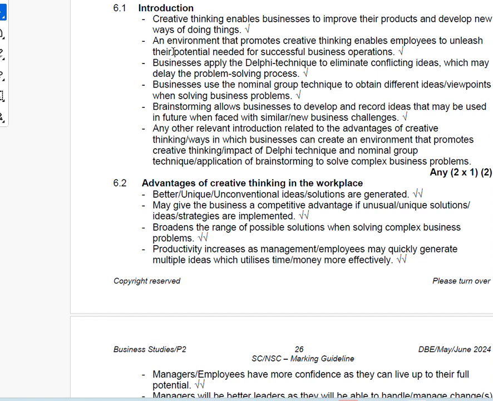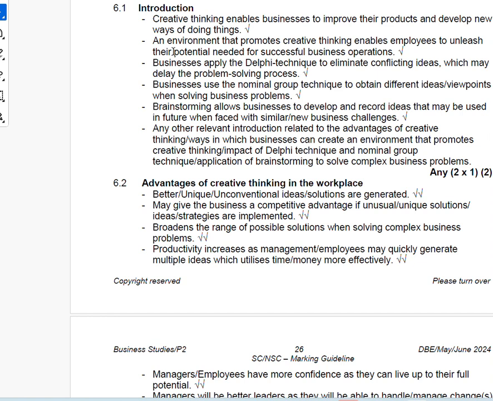An environment that promotes creative thinking enables employees to unleash their potential needed for successful business operation. Businesses apply the Delphi technique to eliminate conflicting ideas, which may delay the problem-solving process. Businesses use the nominal group technique to obtain different ideas and viewpoints when solving business problems. Brainstorming allows businesses to develop and record ideas that may be used in future when faced with similar or new